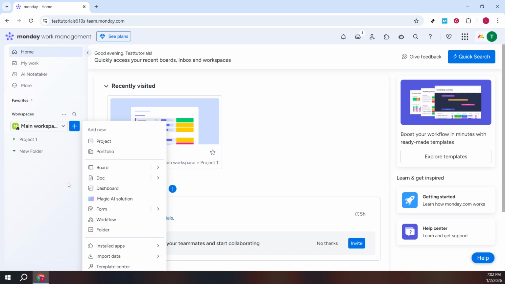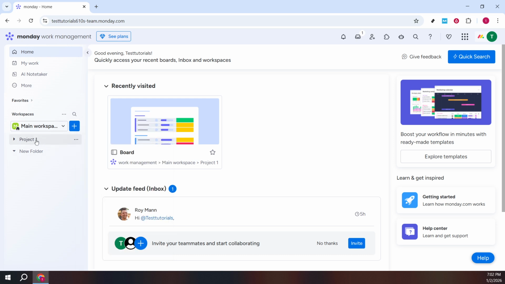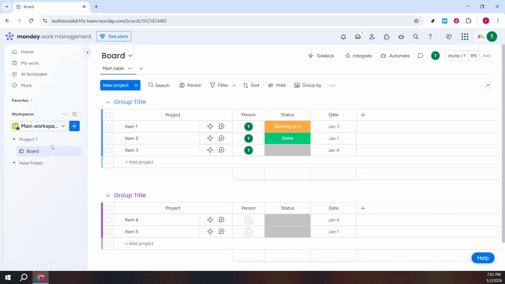With your folder in place, click board to add a new board inside it. This board will store every submission your form collects, which means each form entry will create an item row with the fields you define. Once you're on your new board, look to the top and click the plus sign to